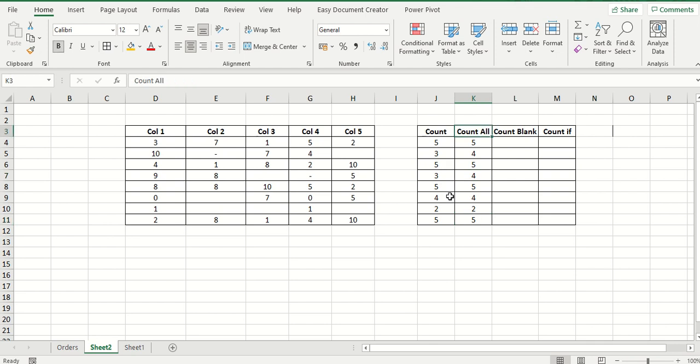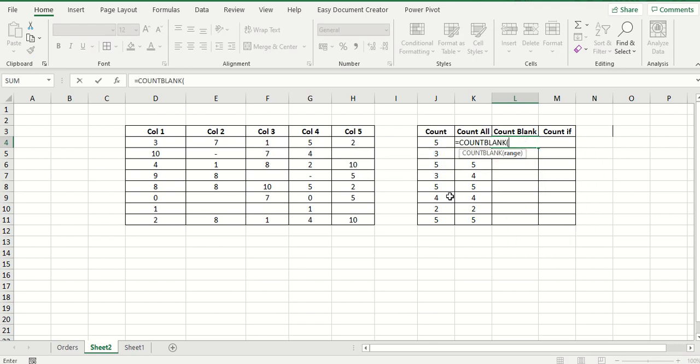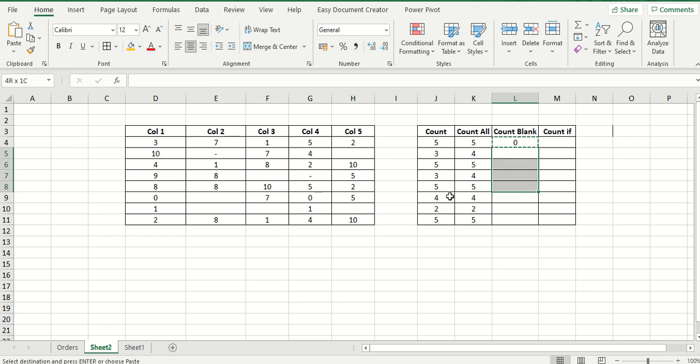Okay, now I will explain about COUNTBLANK, friends. COUNTBLANK itself indicates it will only count the blank cells, friends. Okay, I will show in the formula. COUNTBLANK, select the data. Wherever the value is greater than 0, friends, that row is having blanks.